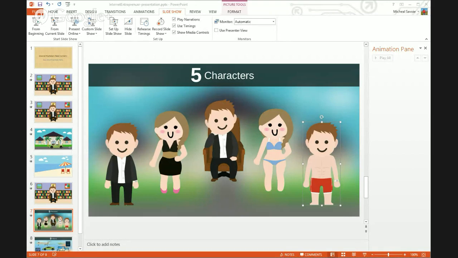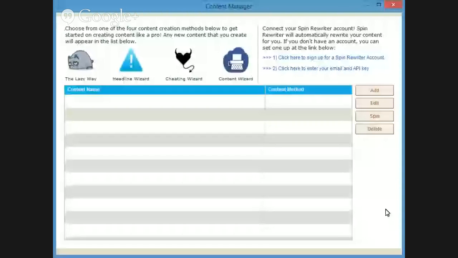Okay, so I wanted to get away from the PowerPoint, and there I am. I want to show you the content machine that's built into the Epic Content Machine. This is the actual software, and this is just the content section of it.